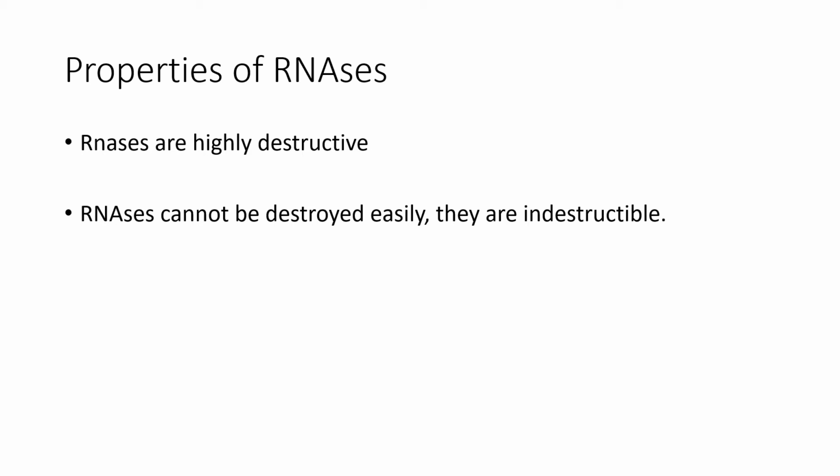So, one method of destroying this is with heat, wet heat by autoclaving. But the issue with RNases is that once you autoclave and bring the temperature back, they can renature and still be active. The majority of the RNases can be destroyed, but even a small amount present can catalyze the degradation of RNA.